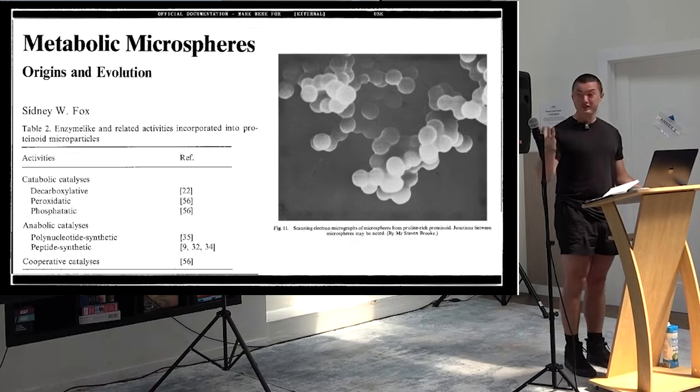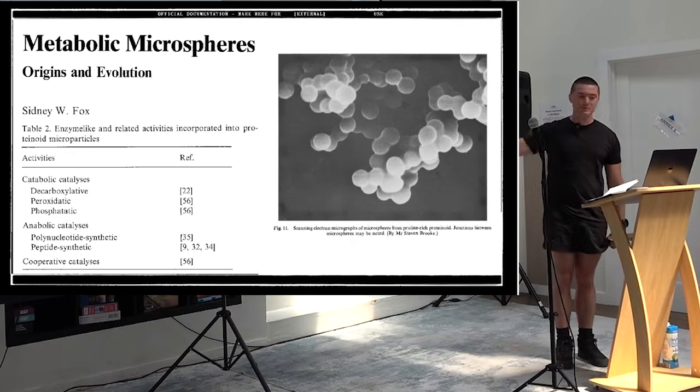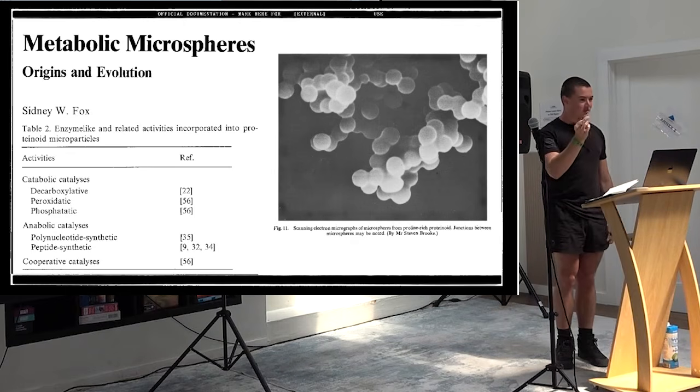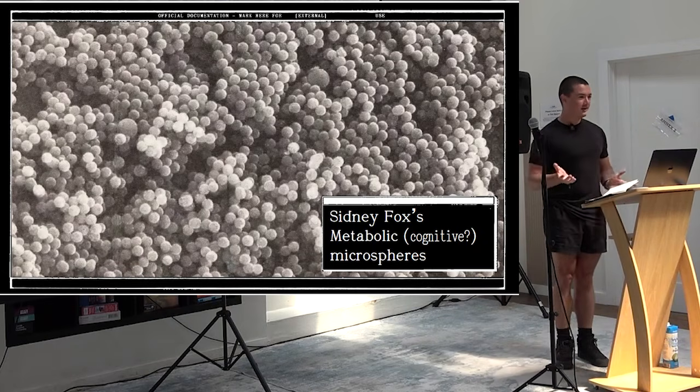And then they didn't only turn into proteins, they all condensed into these spheres called microspheres that are imaged here, that are around the size of small bacteria and were all of uniform size. And these could do basically anything. They could self-replicate, they could synthesize peptides, they could synthesize polynucleotides like DNA, RNA. They could catalyze reactions. They had hormones that they could pass between each other. They could even do basal cognition in a weird way.